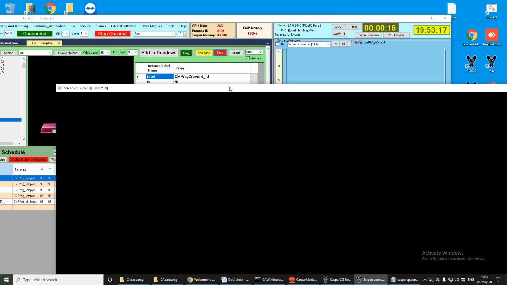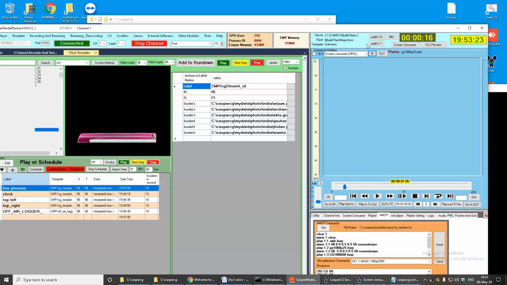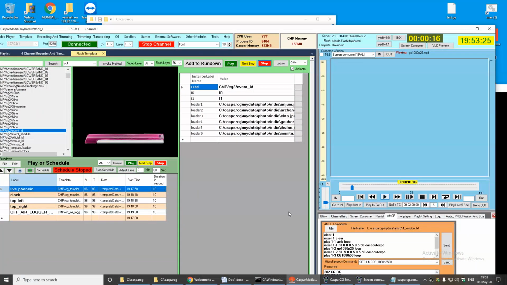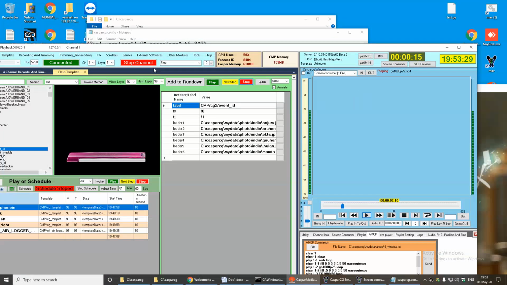When you change the PAL mode, meaning the channel mode, this screen will not come here, so you will find difficulty when playing. You can play the files, but you cannot see the things here.